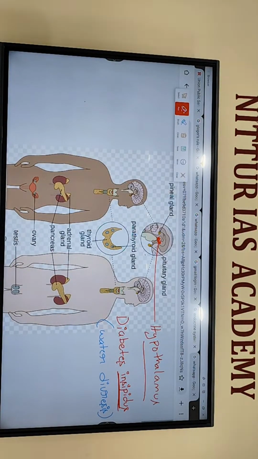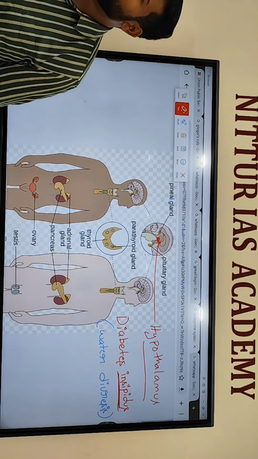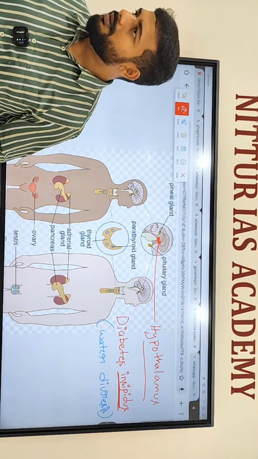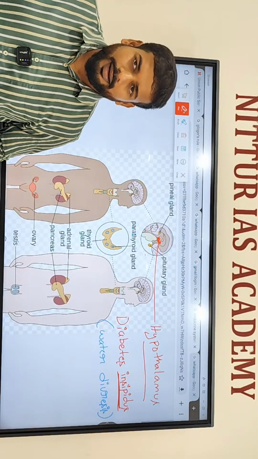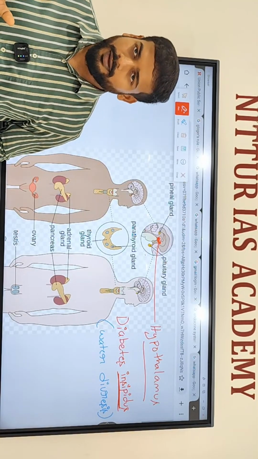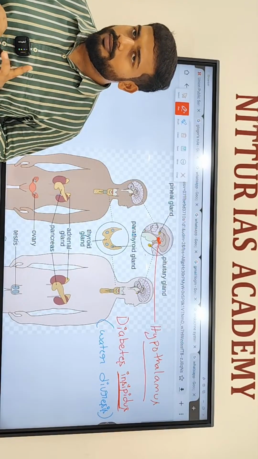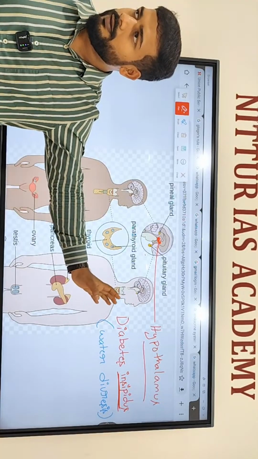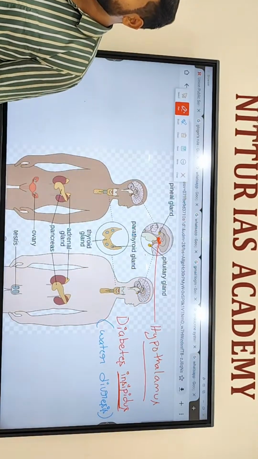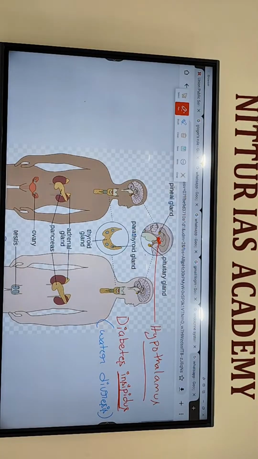That means you feel extremely thirsty, not normal thirsty, extremely thirsty. You drink a huge amount of water, then a large amount of urine is produced. That condition is called diabetes insipidus. This is a very rare condition. You drink more water, more urine is produced. That's all, no other issues. Water diuresis or diabetes insipidus, a rare disorder.